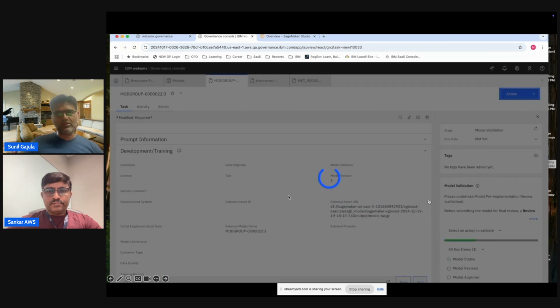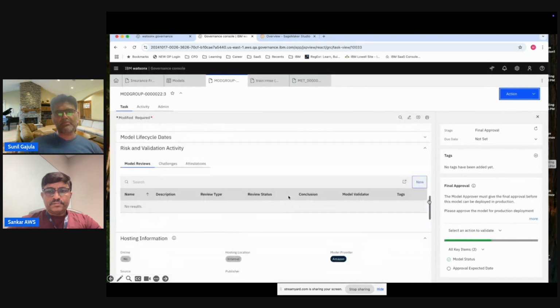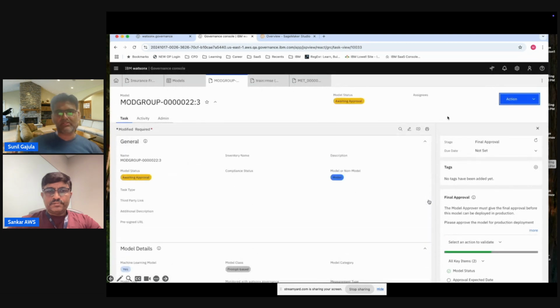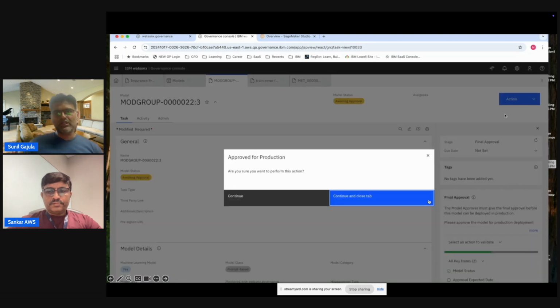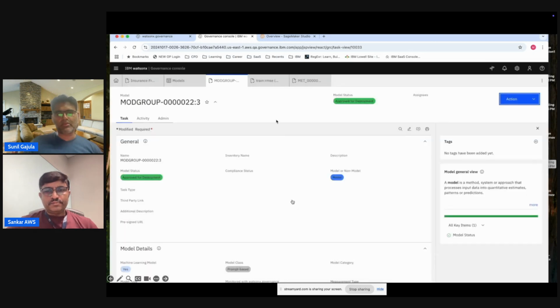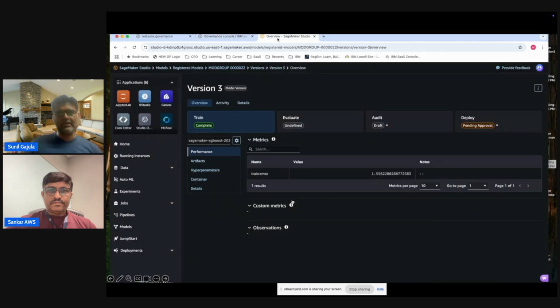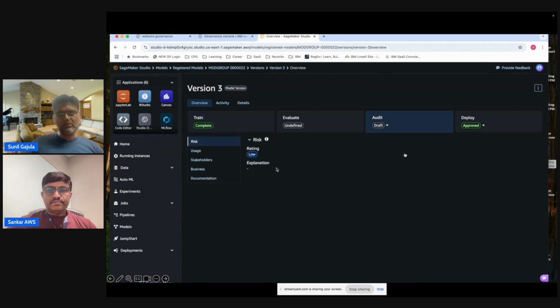The user goes ahead and provides a final approval, right? So if you see, it's approved for production. Once they provide it, the information is updated within the model card. If you go ahead and see the model registry, once we refresh, the status would now be changed to approved, right? So all this information, this is the model card that is embedded within